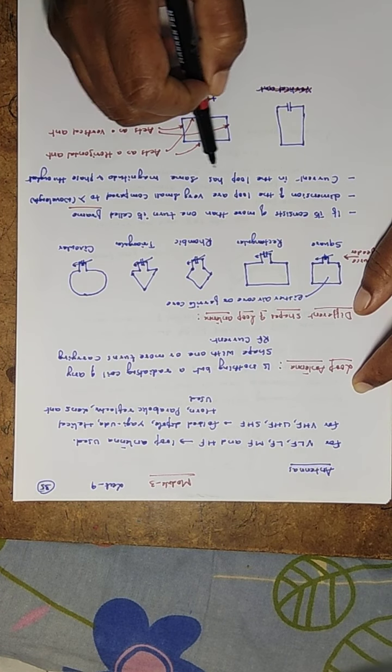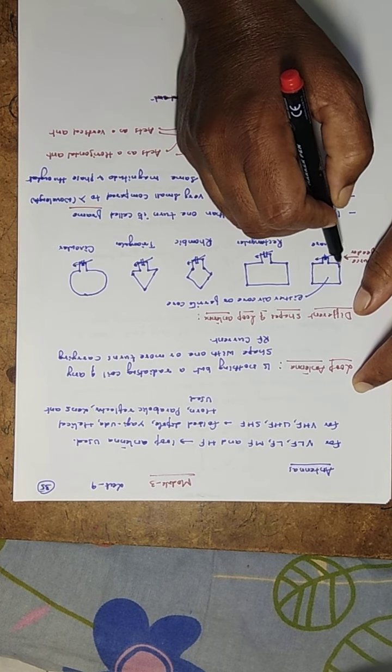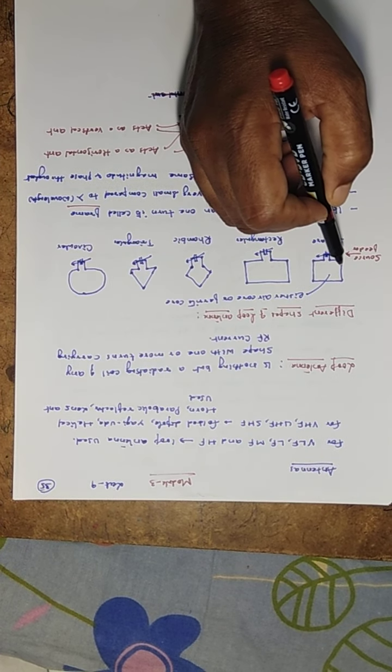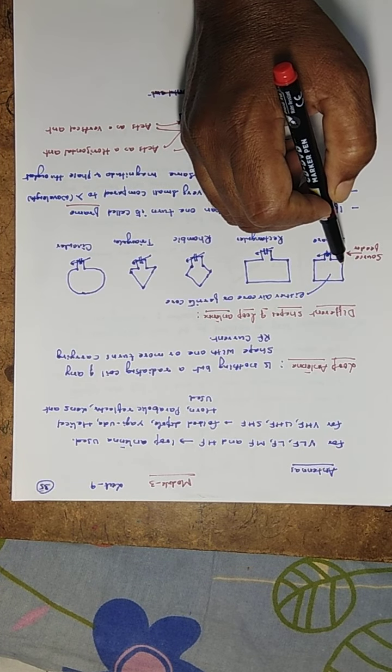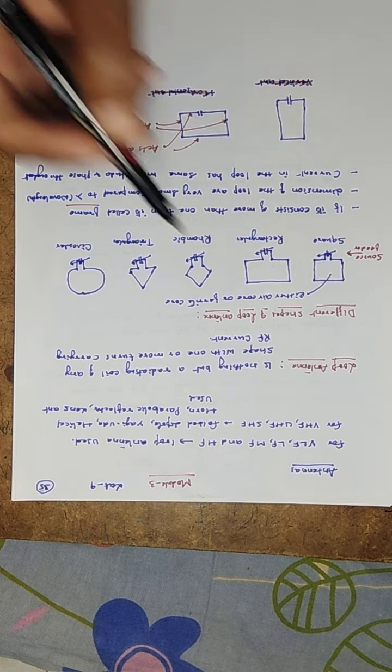And the current in the loop has the same magnitude and phase throughout the loop. Everywhere the magnitude and phase are the same. Means if I connect an emitter here, its magnitude and phase are the same. Here also, if I connect an emitter, its magnitude and phase are the same.